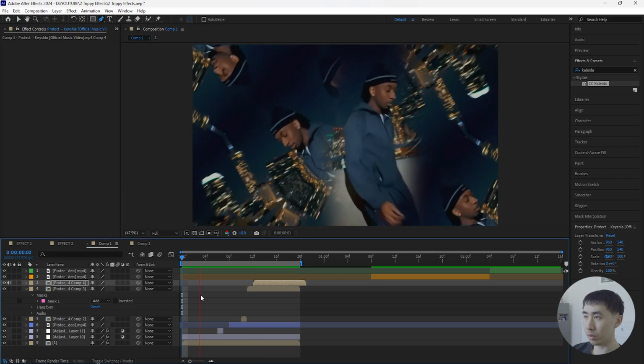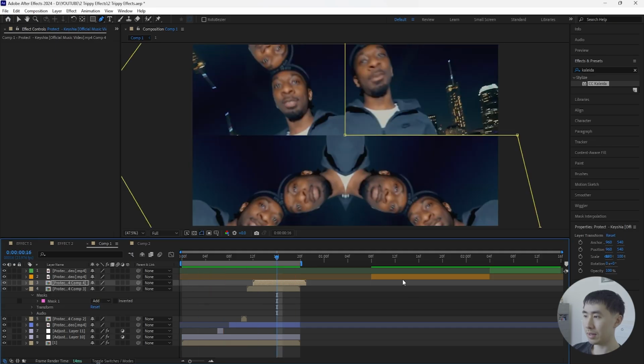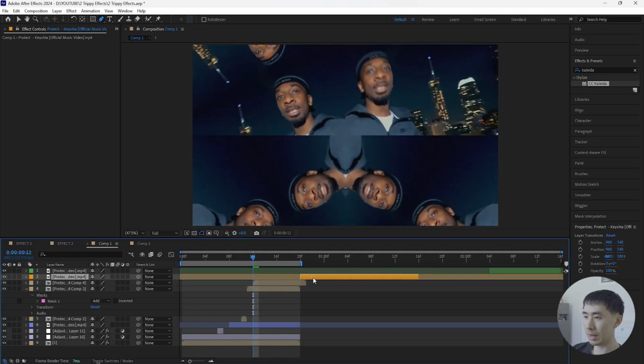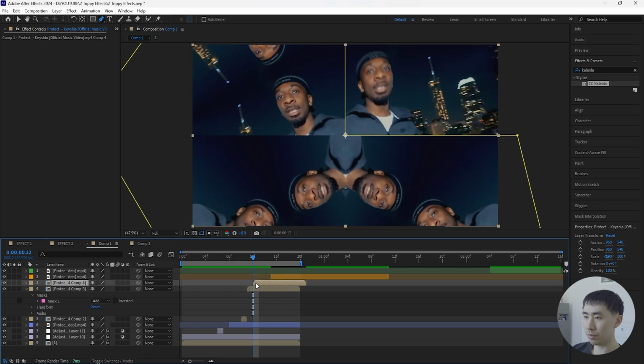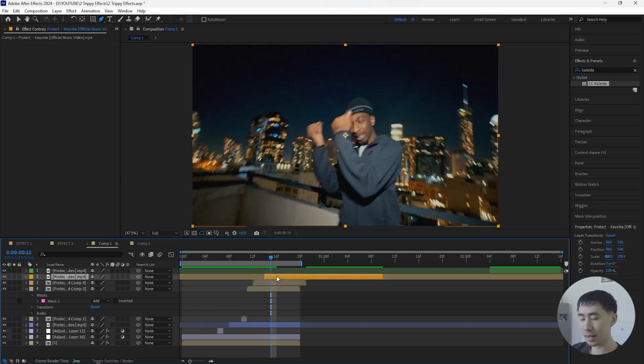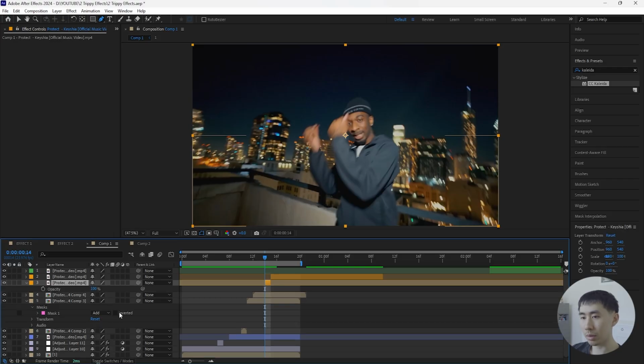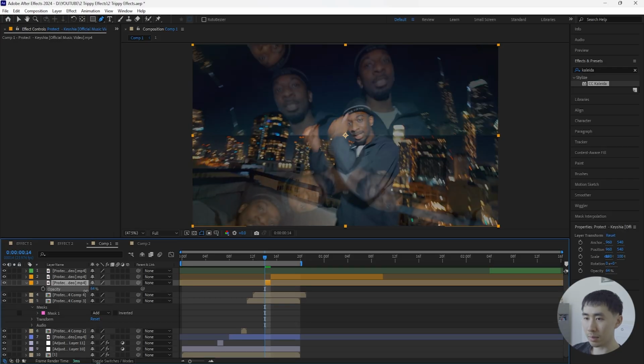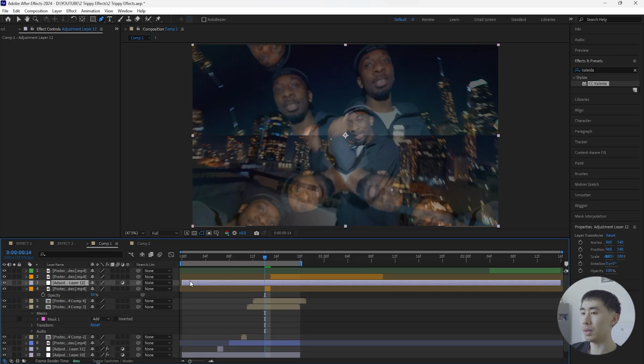This is what we have for the effect so far. Let's grab the second clip, bring that back so that it overlaps with the first clip. Go forward 2 frames from this layer, drag that back right there, and then go forward 1 frame and cut this layer. For this first frame right here, I'm going to decrease the opacity so that we can see the bottom layer, decrease that to 50%,